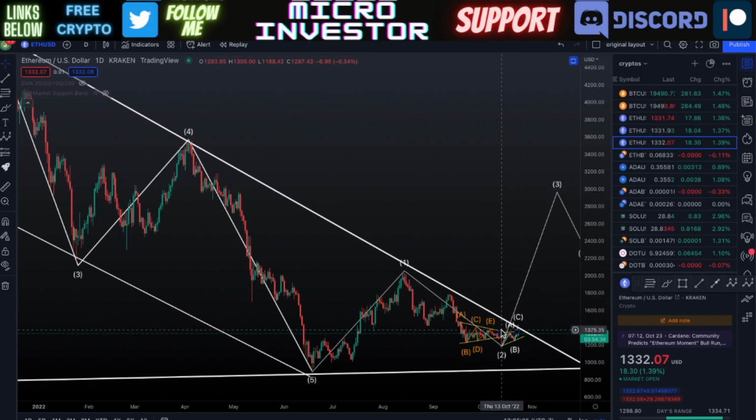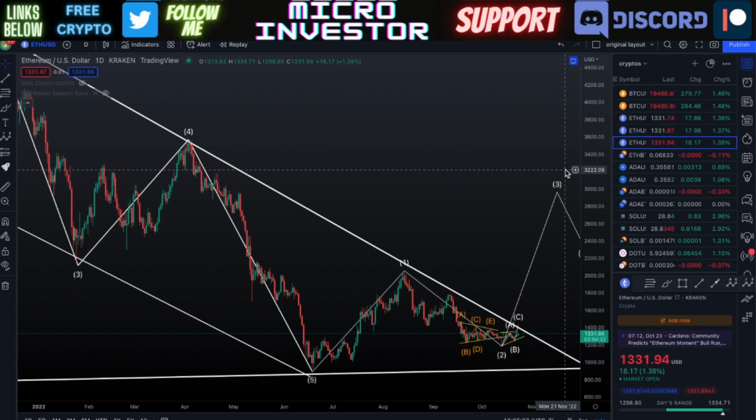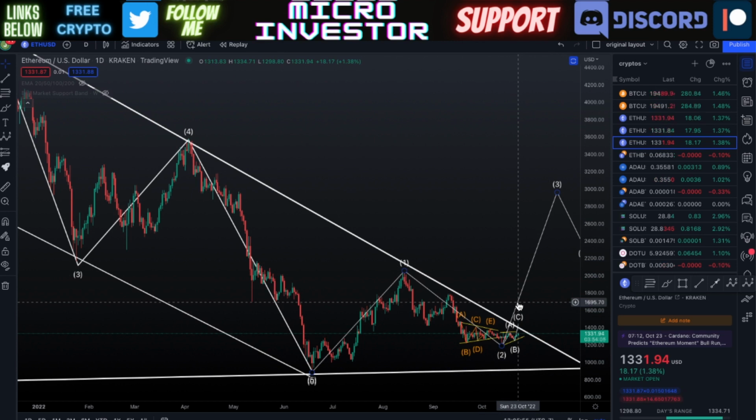It's most likely going to be a 5-wave move to the upside. We'll see some resistance here and there at different prices, probably as we work on smashing through the price where the wave 1 was at, which is also an area where we had seen some support as we were coming down within our wave 5 on the downtrend back in May. So I expect this wave 3 to see some areas of resistance, but at the same time, it's a very long wave. It's going to possibly go into next year.